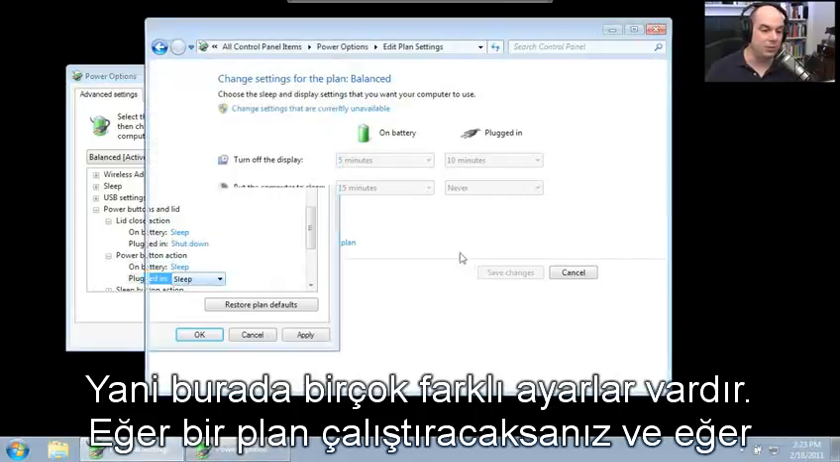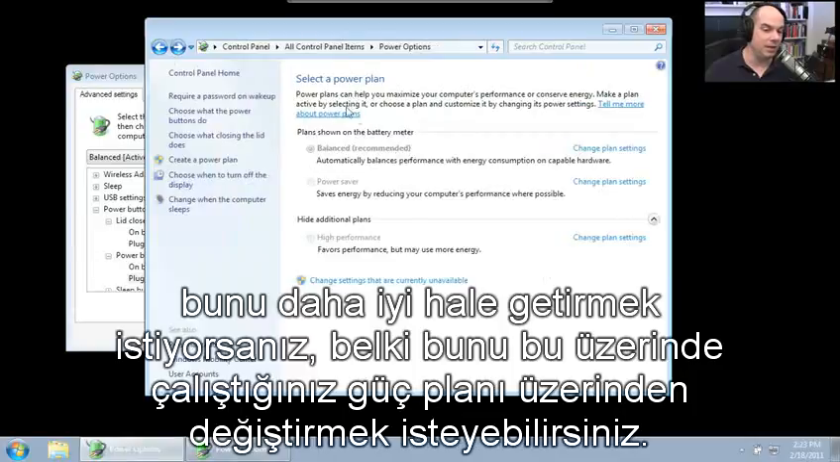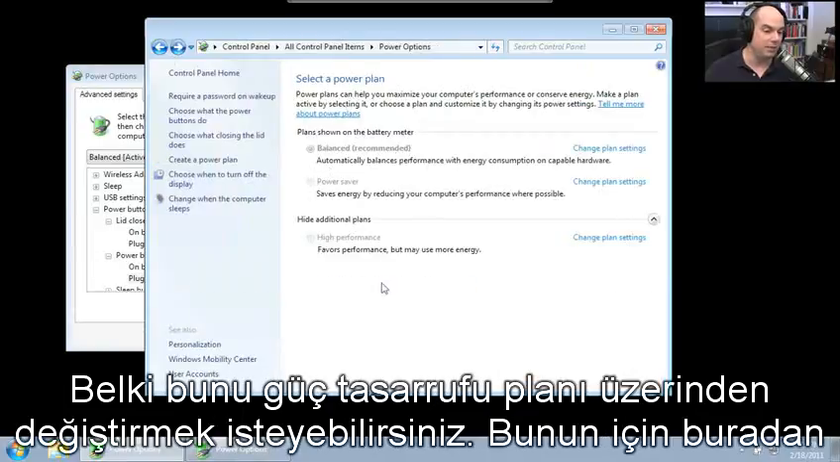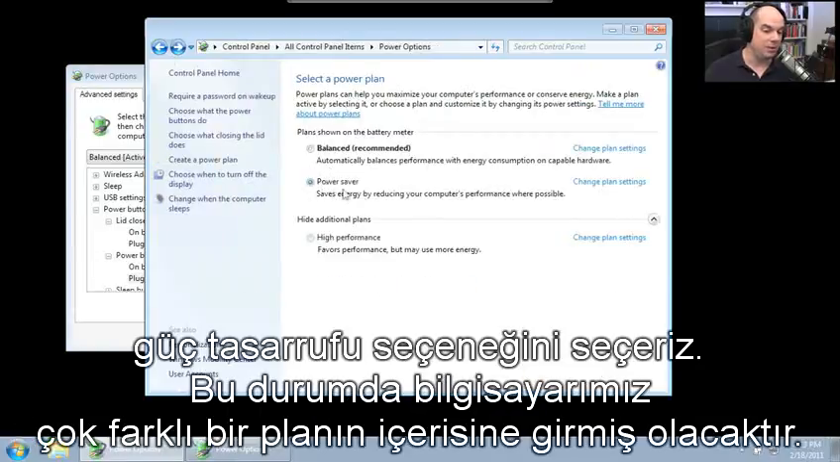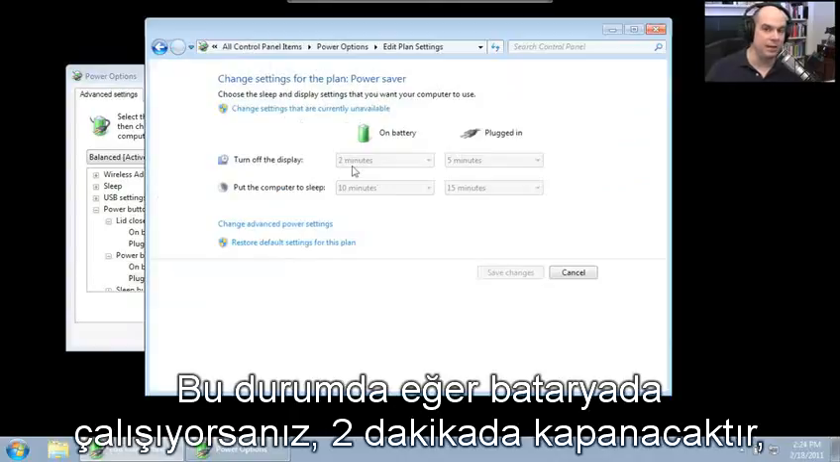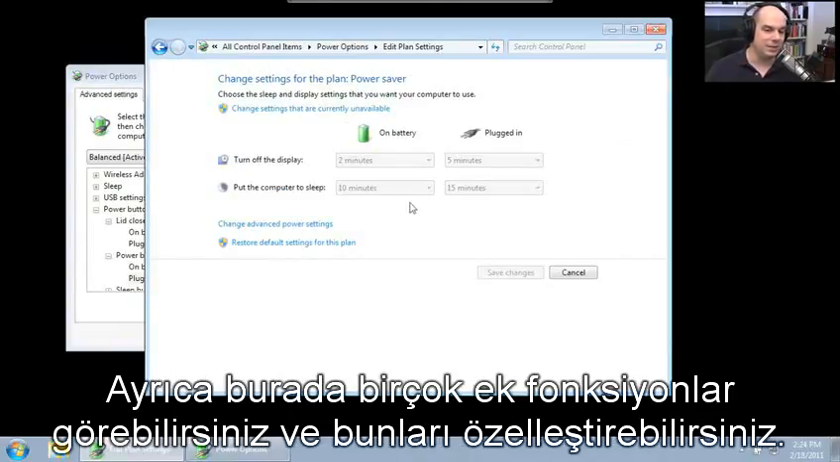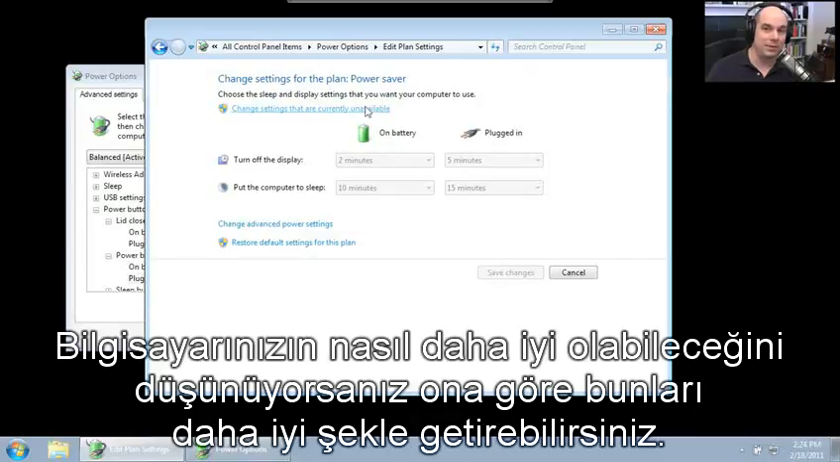If you're on a plane and you want to optimize this, maybe you'd like to change from the power that you're on right now. Maybe you'd like to change to more of a power saver plan. So we can choose the power saver option, and now our computer goes into a very different plan that's really going to turn off the display after 2 minutes if you're on the battery. If you have 10 minutes and nothing's happened, go to sleep. So you can see additional functionality, really customized to optimize exactly how much battery you might have left